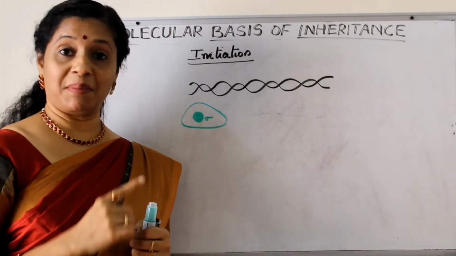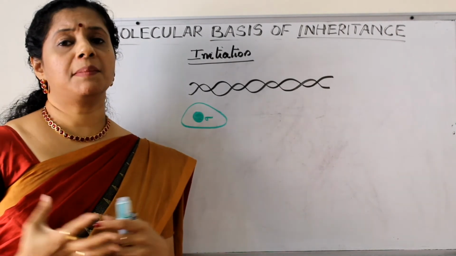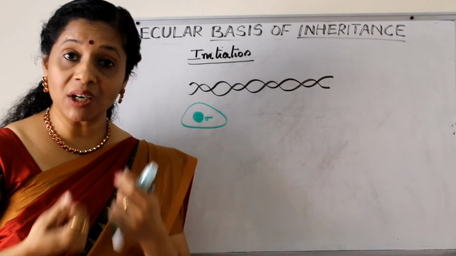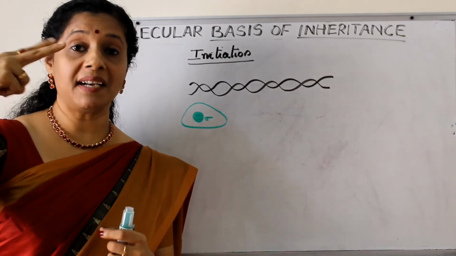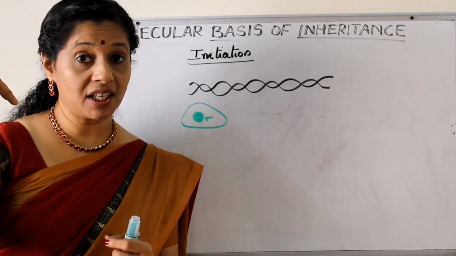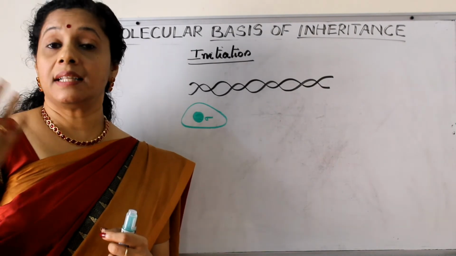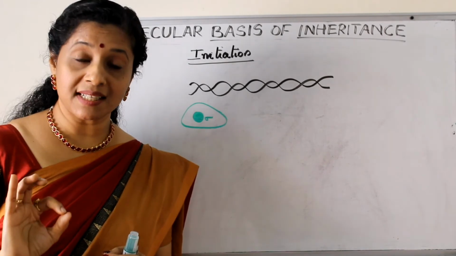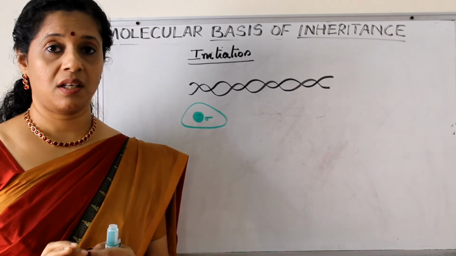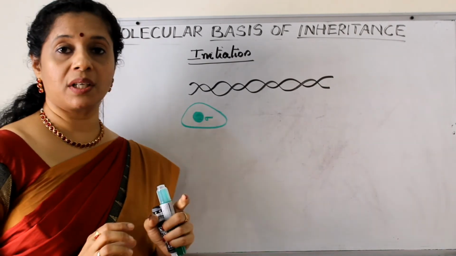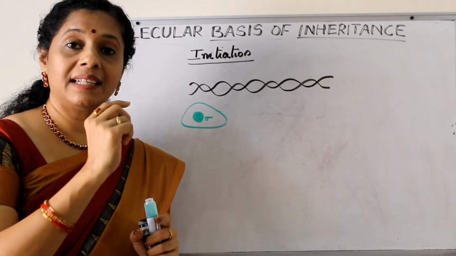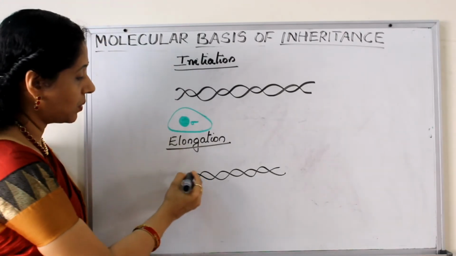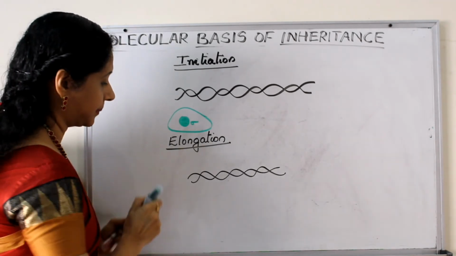When we learned about replication, there were so many enzymes coming to help DNA polymerase enzyme. The helicase enzyme came and unwound it. Then topoisomerase came, made a nick and removed the tension in the supercoiling. So there were many enzymes involved. But here a single RNA polymerase enzyme has to do all this work. So once it is coming to the promoter site, it will locally unwind the next region, or the place where it is starting will be unwound.